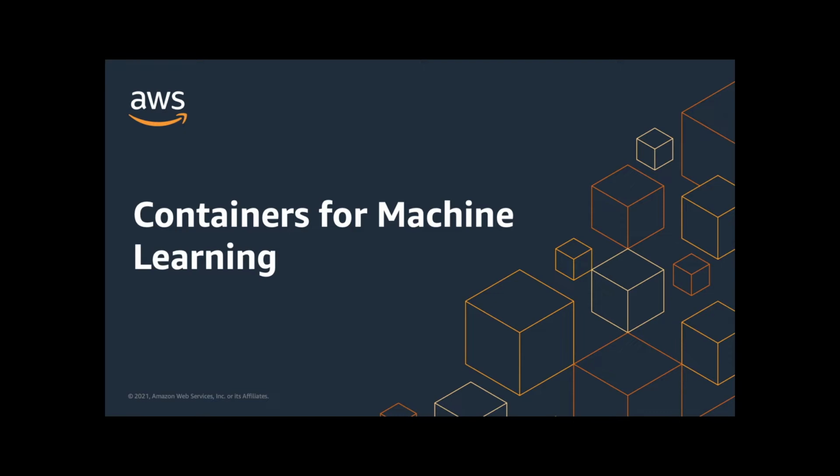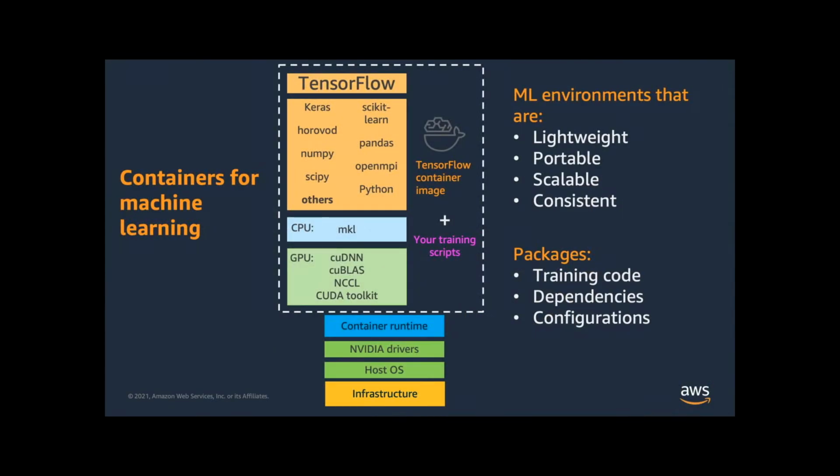So I'm going to teach you about this. But the point here is that there are multiple drivers, multiple frameworks, as we can see here, right? So the point is, how many times? So we have containers to address all of these needs, right? So we have different frameworks, CPUs, GPUs,